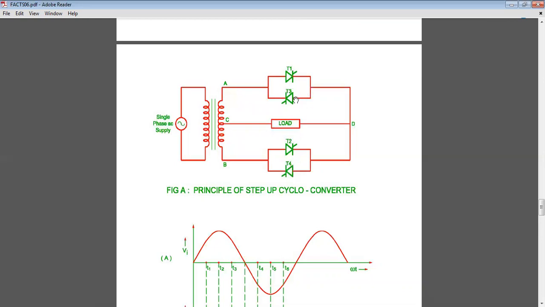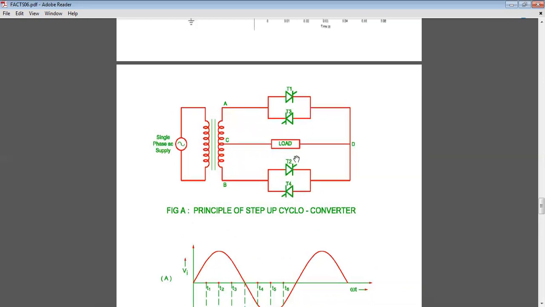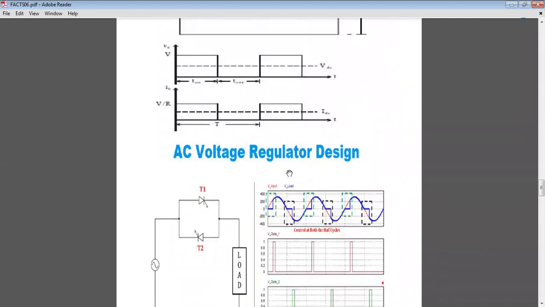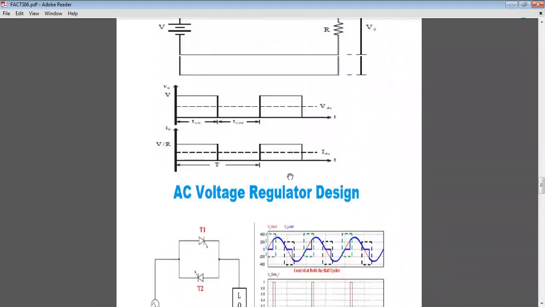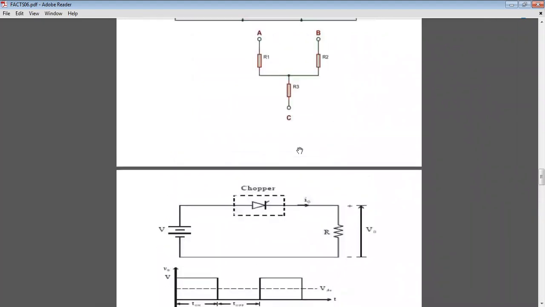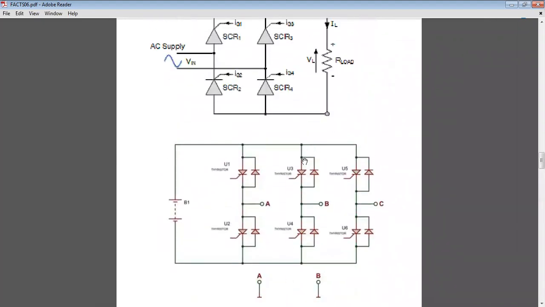In this cycloconverter, generally these are used to control the speed of the induction machine, and again it is used to control the speed of the fan, and many applications are there. We regulate the AC voltage, that is the RMS value. DC voltage will be changed here, used in speed control of DC drives, and these rectifiers or inverters are used in many places. In FACTS controllers, the main integral part of the